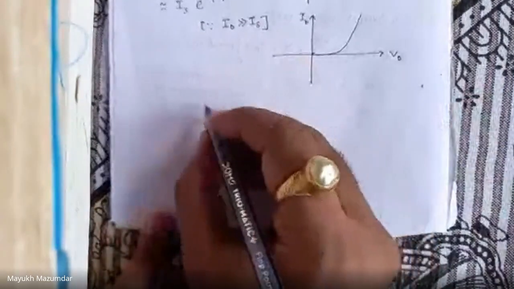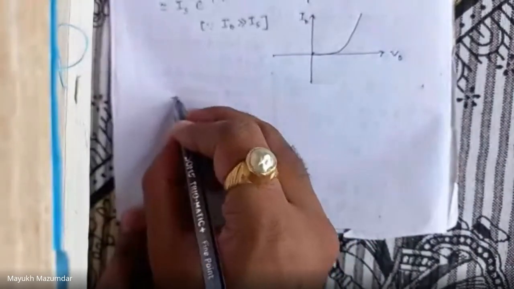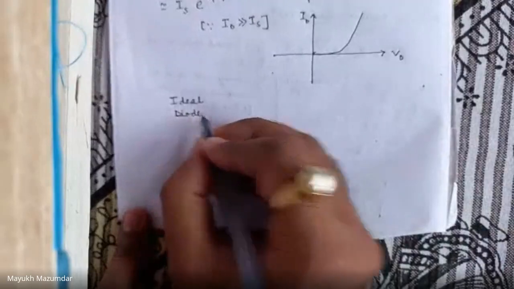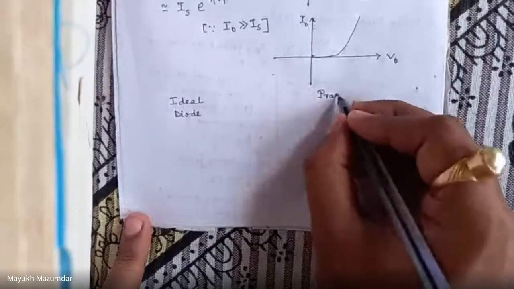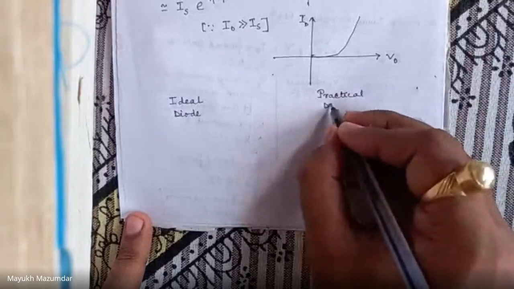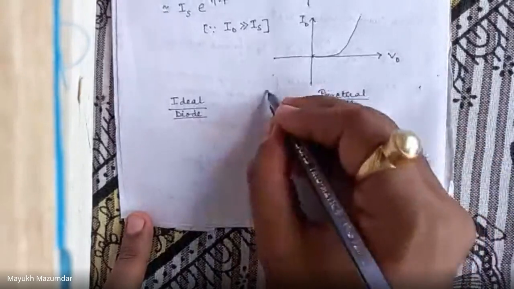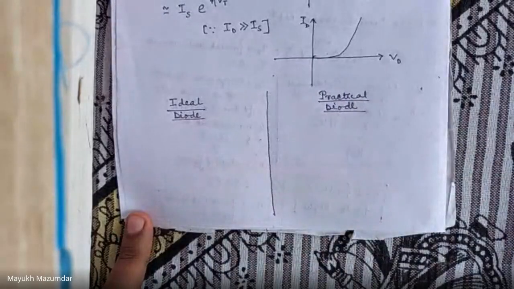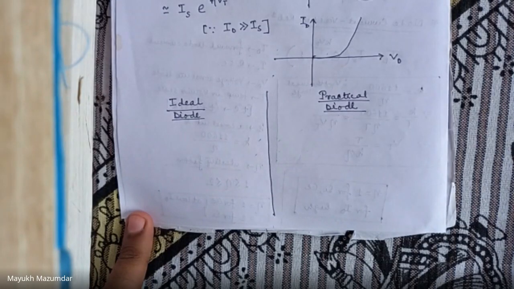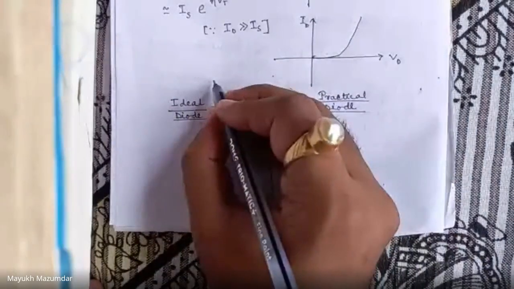So with that, let us see what is basically the thing without approximation and what with the approximation. That is, what is the ideal situation and what is the practical situation. So what is the ideal diode and what is the practical diode? I hope you are getting what I am telling. See, in both the cases, the diode is nothing like